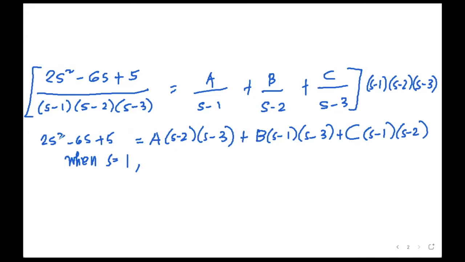2 times 1 squared is 2 minus 6 times 1. And this is negative 4. Negative 4 plus 5 is positive 1. Yung nasa left side ng equation mo. Here, so you have 1 minus 2 is negative 1. Dito naman, 1 minus 3 is negative 2. Negative 2 times negative 1 is positive 2. So this will be